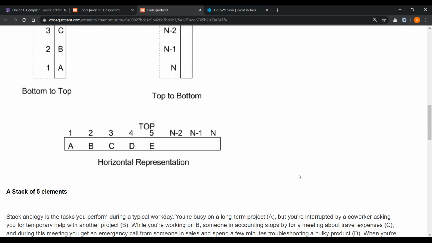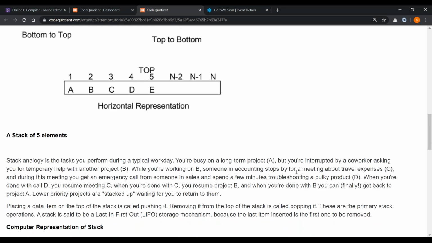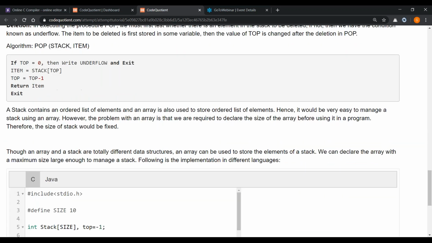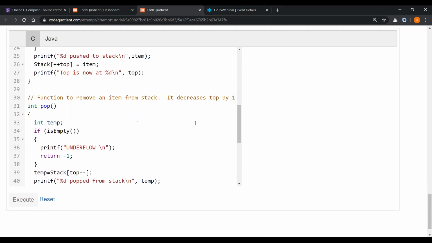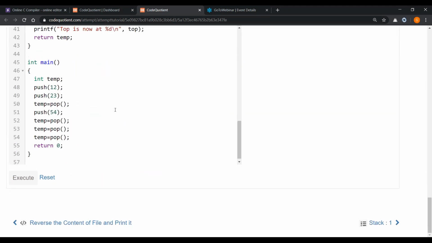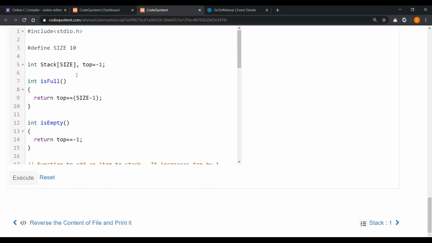Okay. So coming back, I told you that a stack is a LIFO data structure. It means last in, first out. To illustrate the concept, I'll be taking this example, which is there on CodeQuotient.